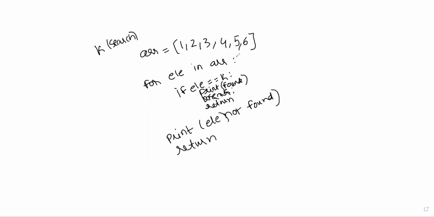Raj, so I have an array of elements. Here, this is extracting each and every element in the array, and I'm comparing this element with a search element. Let's say k is the search element. K might be 1 or any value. In the first loop, element would be 1; it checks whether 1 is equal to the search element or not. For the second iteration, it would be 2, then 3 for the third iteration, then the fourth, fifth, and sixth iterations. So it loops through the entire array.